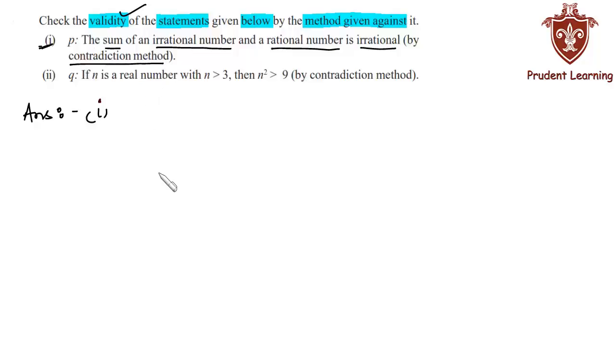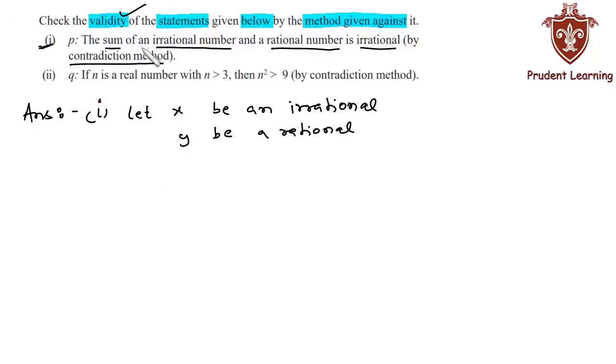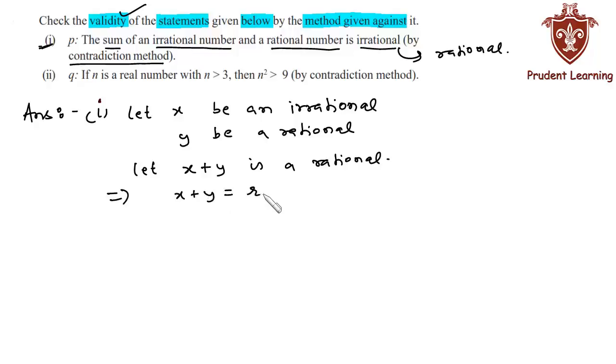Well, before solving this question, it would be fair enough to assume an irrational number and a rational number. So let x be an irrational number and y be a rational number, and we are given that their sum is irrational. So we'll go ahead and assume that their sum is rational, because we know that in the contradictory method we assume the opposite of what we are given. So here we are assuming that x plus y is a rational number, which means x plus y is equal to some rational number r,